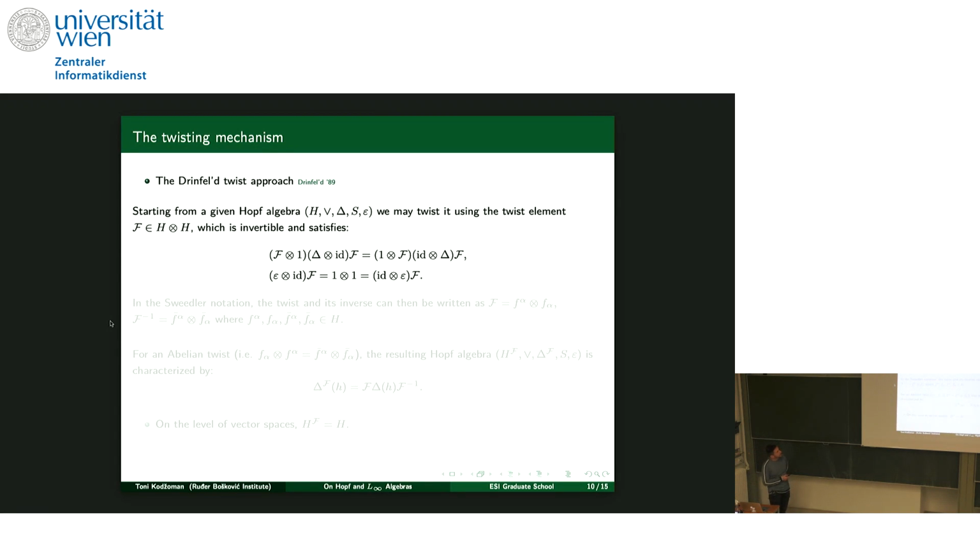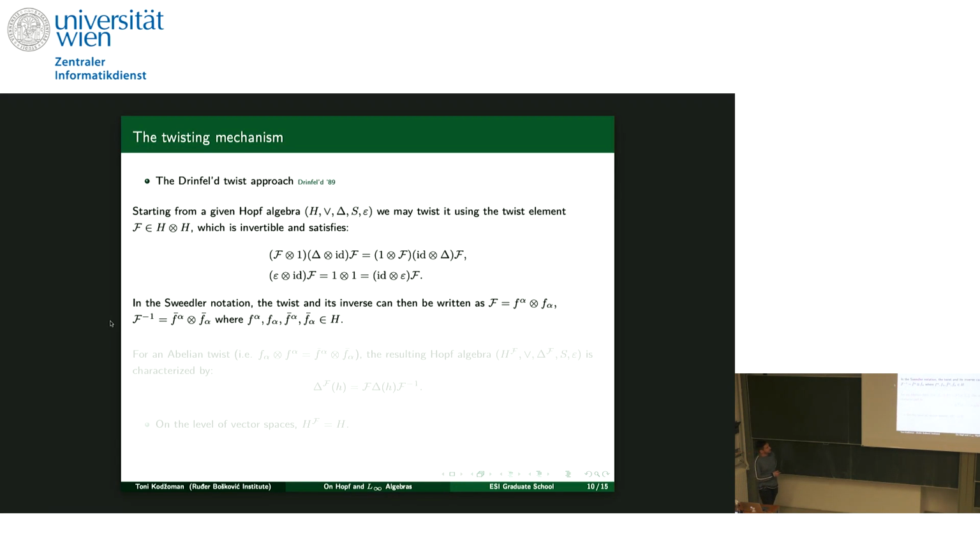So starting from a given Hopf algebra, which I'll call H, we may twist it using the so-called twist element, F, which is invertible and satisfies two main properties. The first of these is the 2-cocycle property, and the second of these is the co-unitality property. Oftentimes, just as we also saw in one of the lectures before, we employ the Sweedler notation, where we can write these twist elements as linear combinations. The notation here is slightly different than what we see these days, but rest assured, this is exactly the same as we've seen. The twist element has a natural inverse, and it also can be written in a specific way